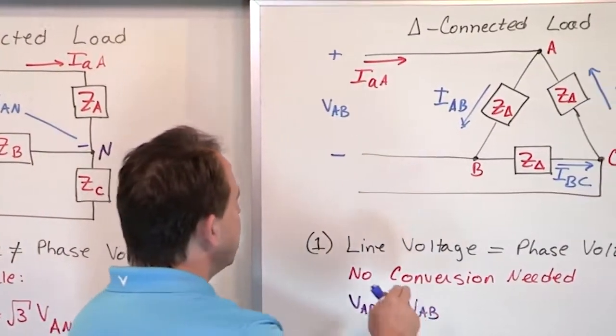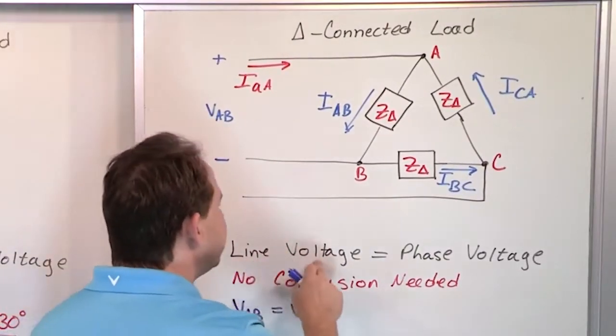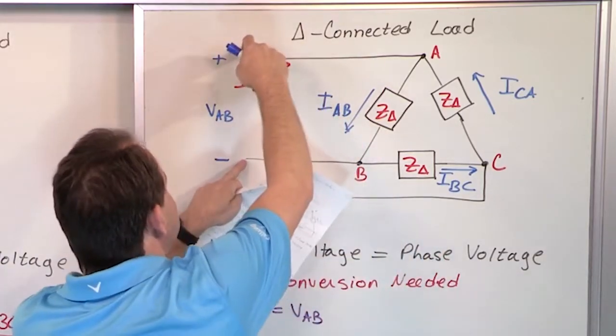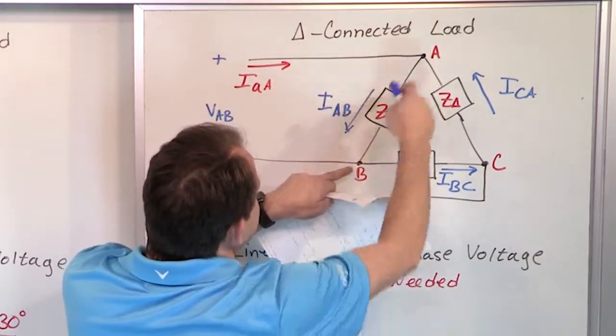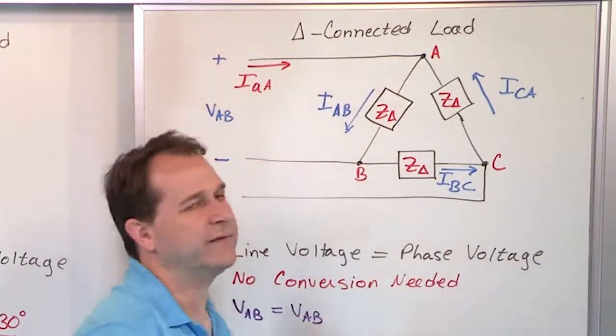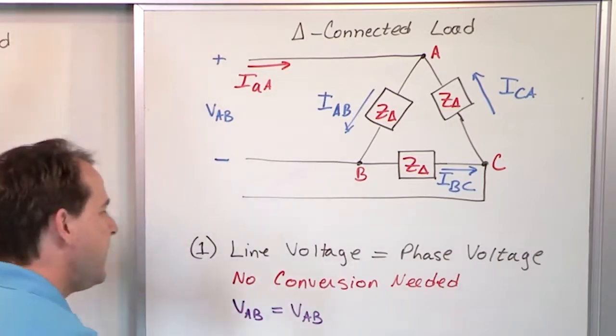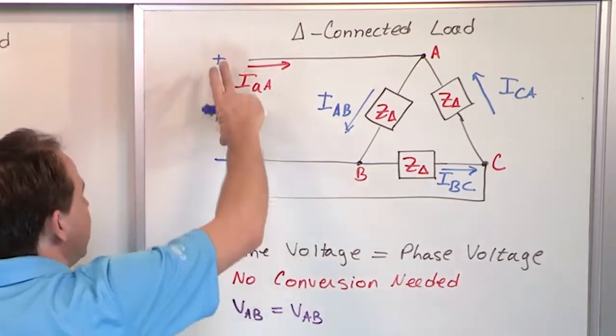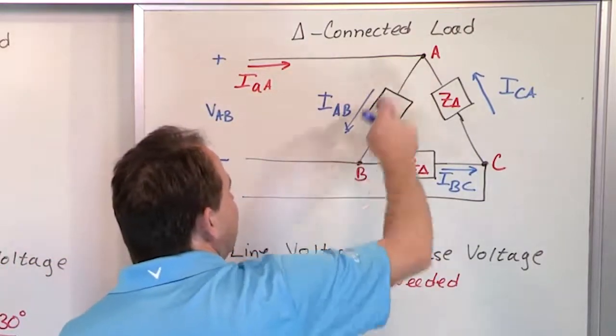Now in the delta load, we're going to look at the same thing. Line voltage is now equal to the phase voltage because the line voltage is here and it's directly connected across phase A, and you can prove it to yourself for the other phases, so the line voltage is equal to the phase voltage for a delta load. Because of that, we don't need a conversion equation because VAB, which is this, is equal to the phase voltage VAB. So they're actually